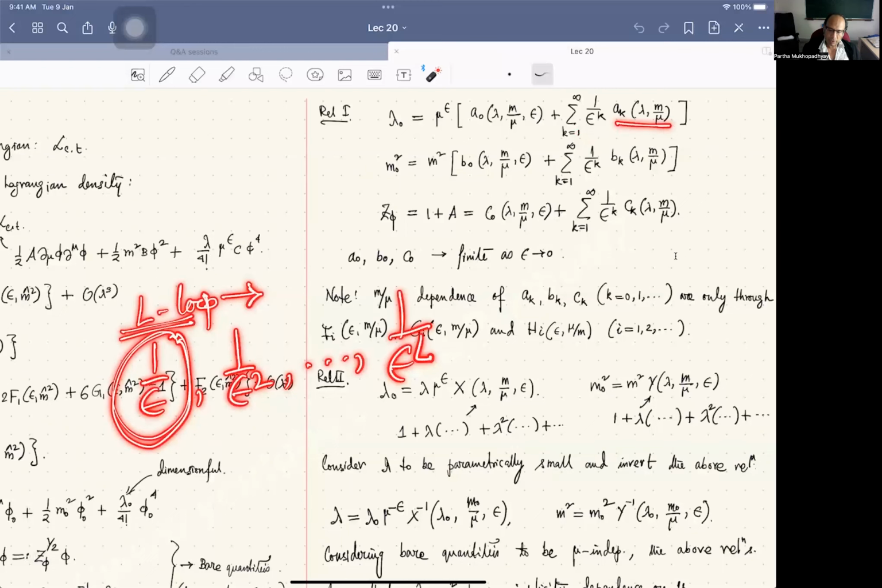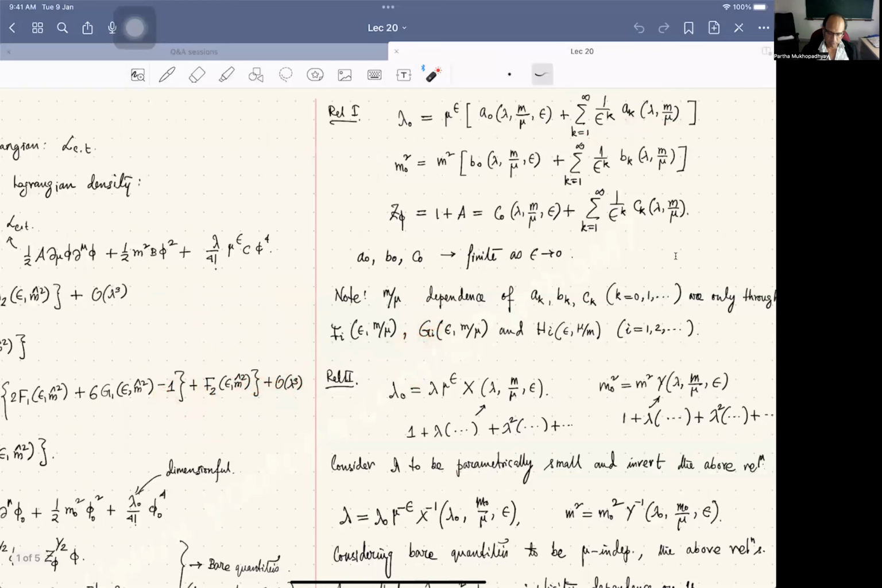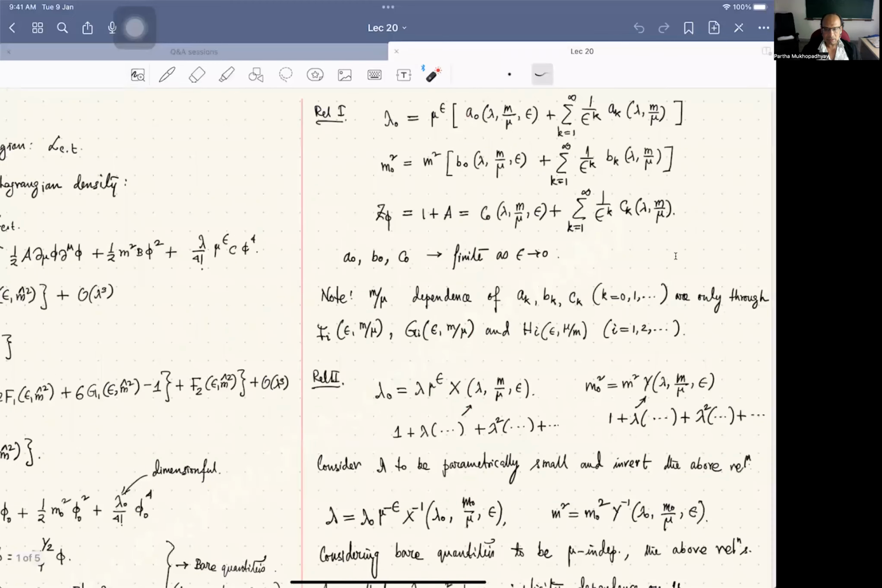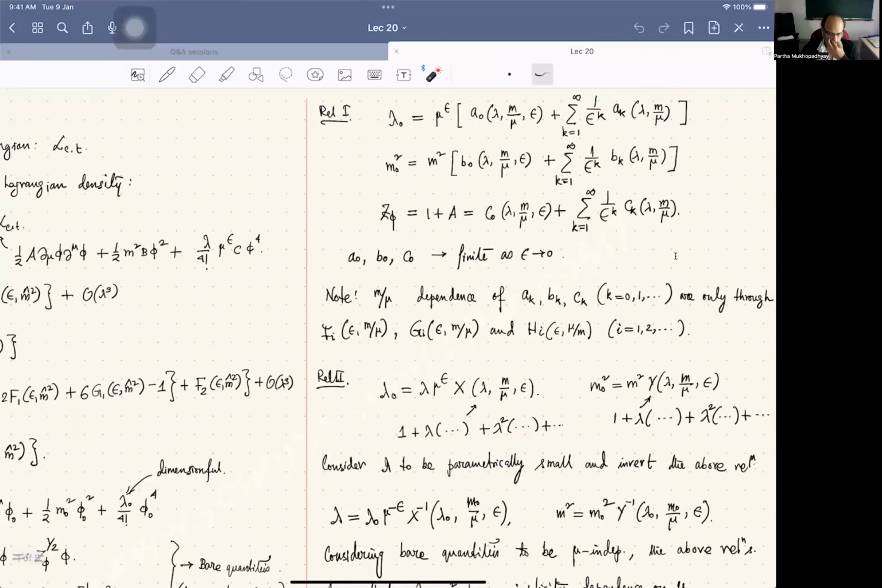So A1 will receive contribution from all loops, but the minimum loop is 1. There is no 0 loop term because it's a quantum contribution. The 0 loop term is actually the primitive vertex, which is in L, not in the counter term. So the counter term will definitely start from at least 1 loop. And now at 1 loop, can we have a term linear in lambda? That's not possible because